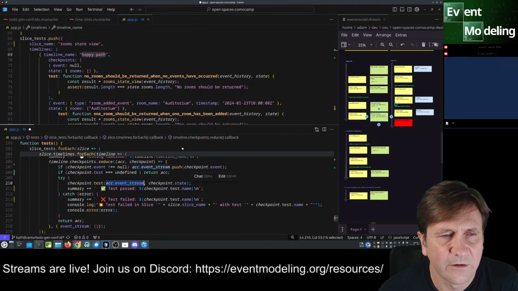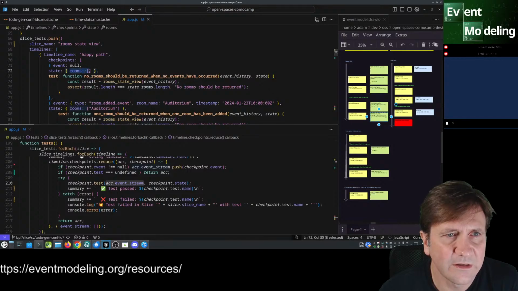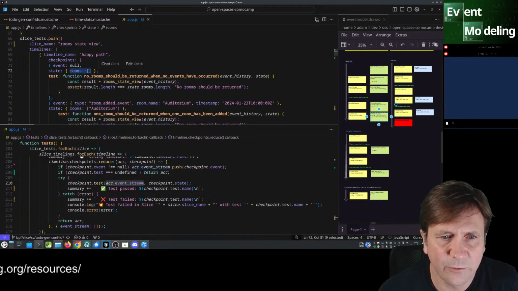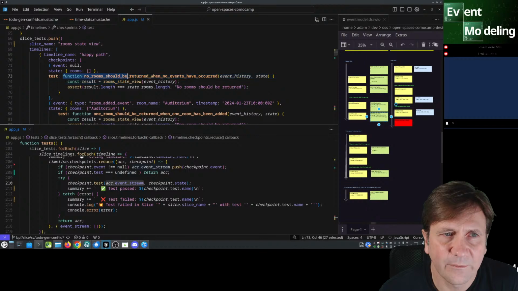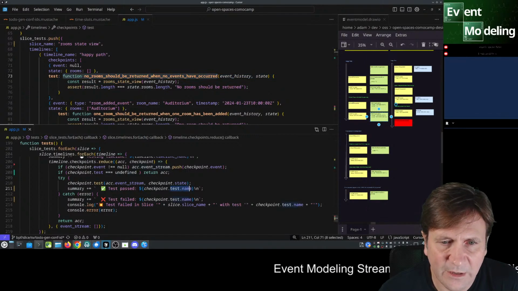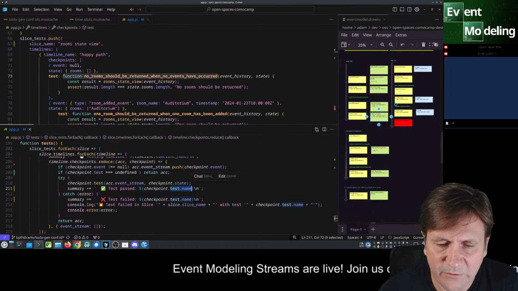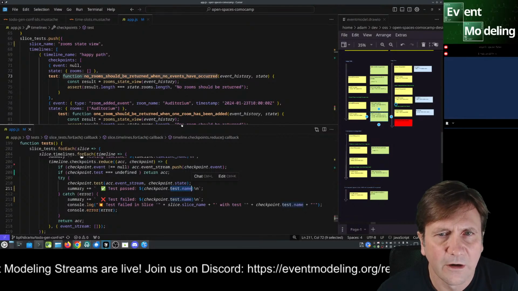And then, of course, when we're in each one of these, we do have the state. In this case, we have this state which has no rooms. And so our test, the logic here, has a name as well, which is nice. I'm not sure if that'll work, if we have to have some other function constructor or something like that. I'm not sure if this will work.